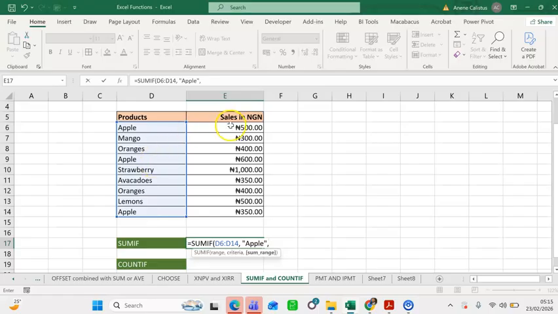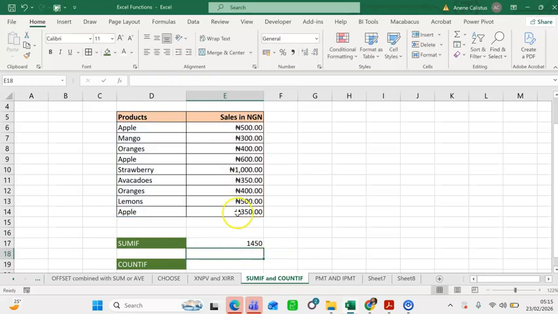Then I'll select the range where the values are located, and hit enter. So it has added up all the values for apples. We have apples 500 that was sold here, another 600, another 350. That gives us 1450. So that's how we use the